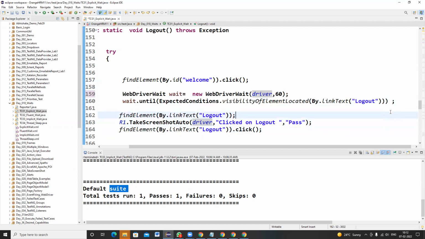Understood? Okay. So wherever any web element is exceeding the default implicit wait time, you have to write explicit wait. Whenever you are executing dry runs, meaning repeatedly testing the script, and you observe that a web element is not loading within the default implicit time, you have to write explicit wait. And to write explicit wait, you have to write these two lines of code: WebDriverWait wait is equal to new WebDriverWait of driver comma 60, and wait dot until ExpectedConditions dot visibilityOfElementLocated by ID or name or XPath or link text, you can write.